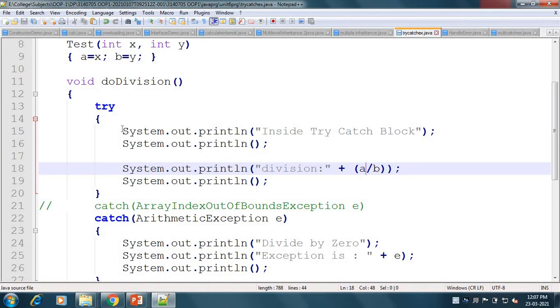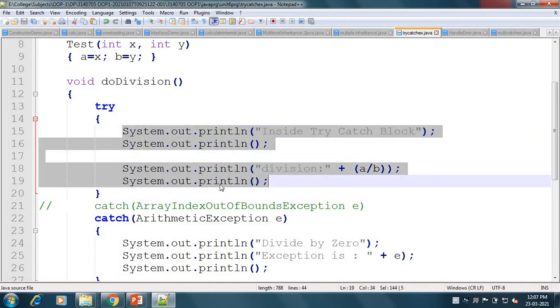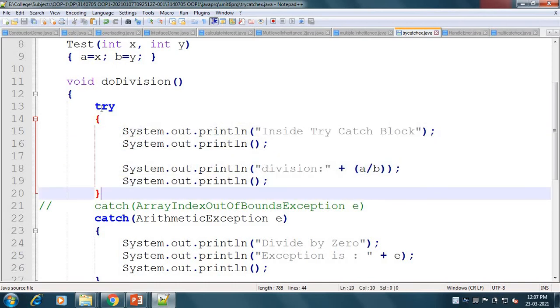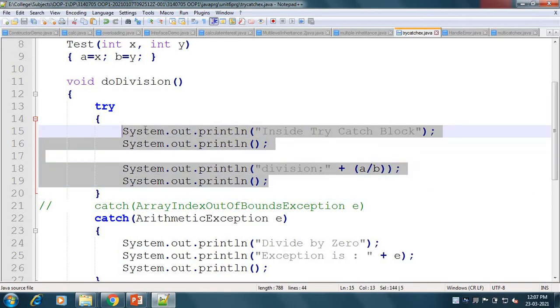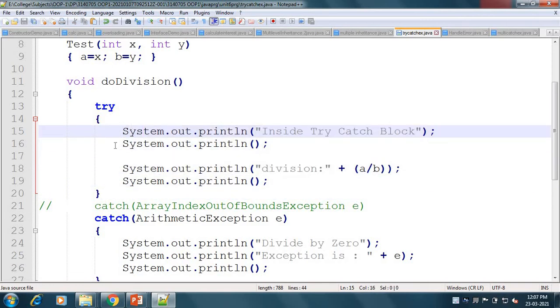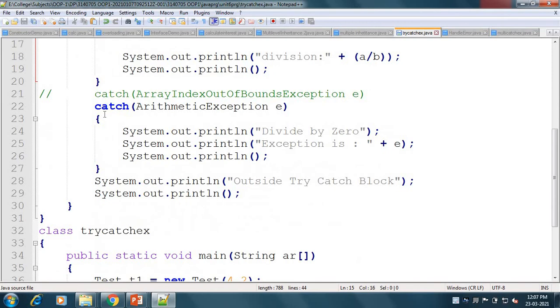That's why we have put this code into the try block. This can be an error, this can be an exception. That type of code we have to put into the try block. After the try block, we put our catch block. In that catch block, that type of exception can be handled. In the catch block, we put ArithmeticException and the object is e.